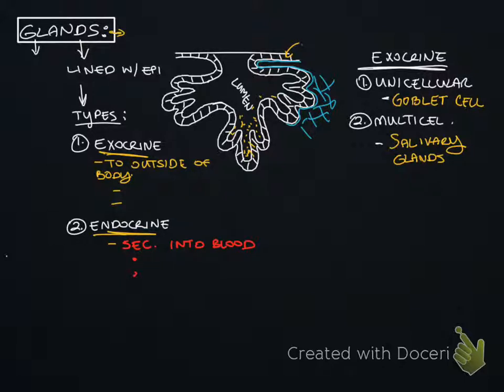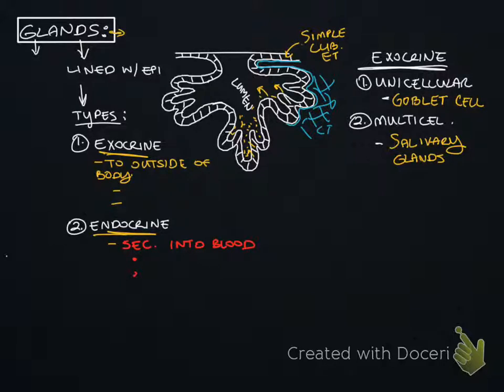I drew you a typical picture of a gland with a lumen, lined with typically simple cuboidal epithelial tissue. And the basement membrane then is